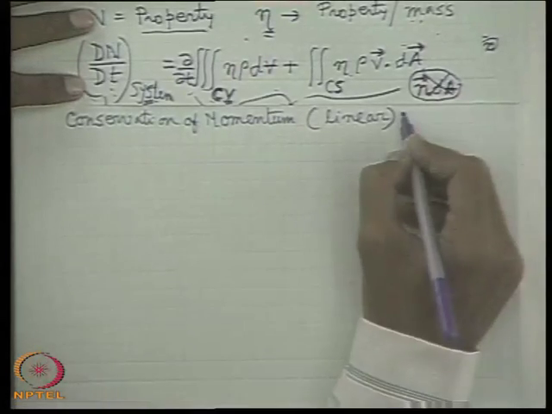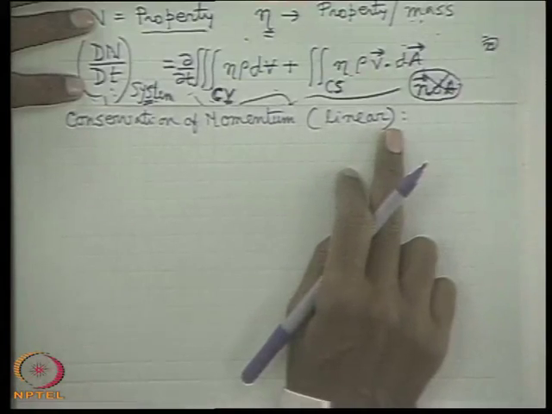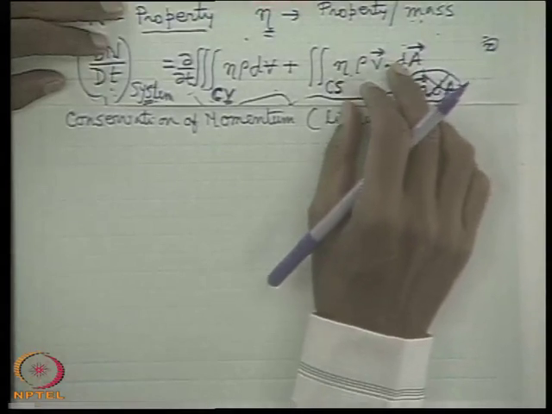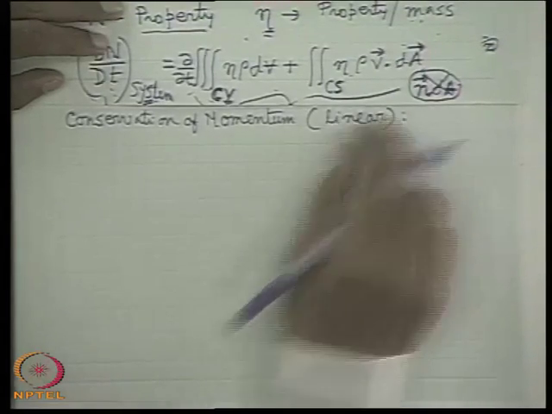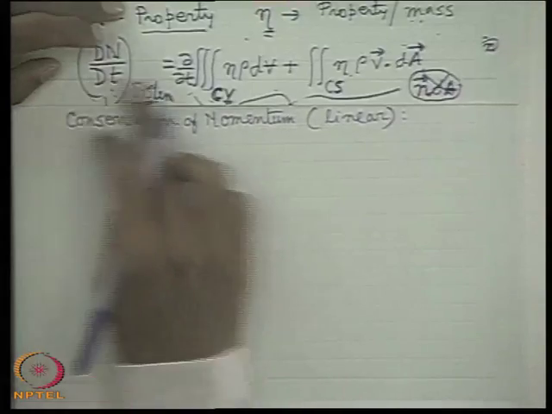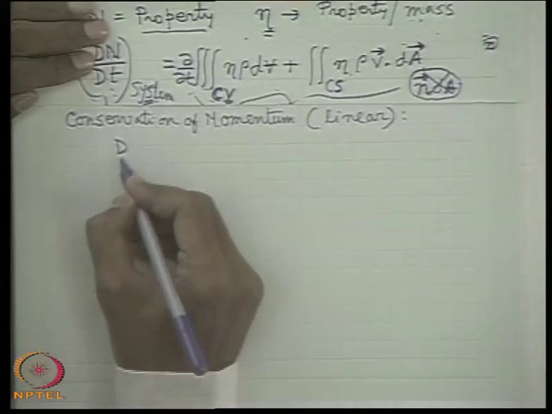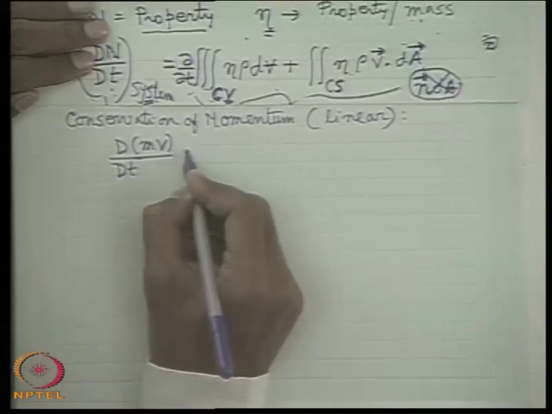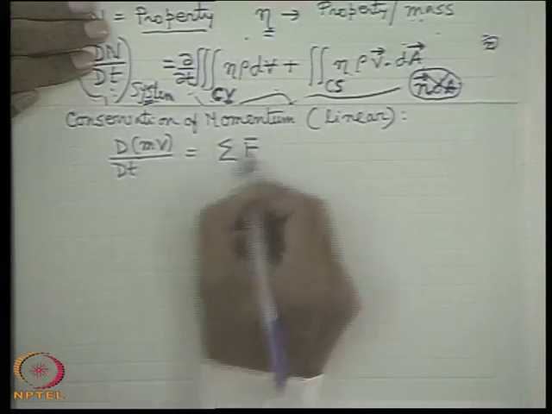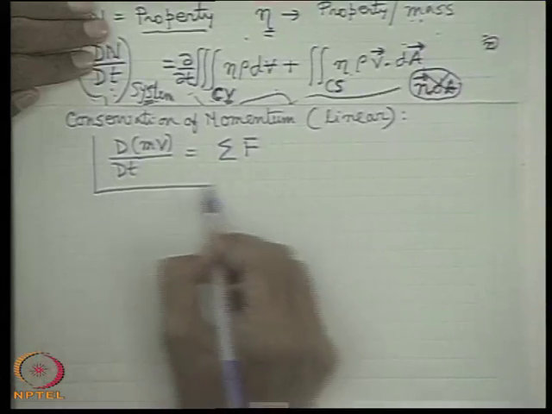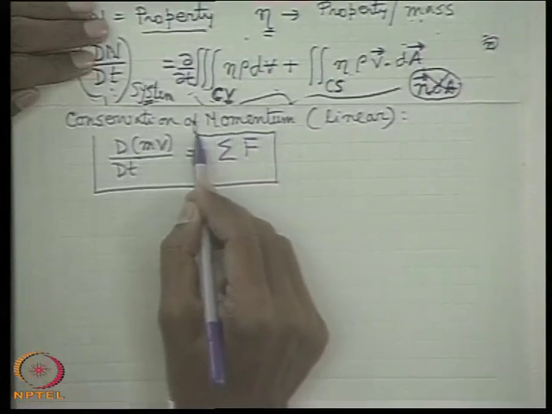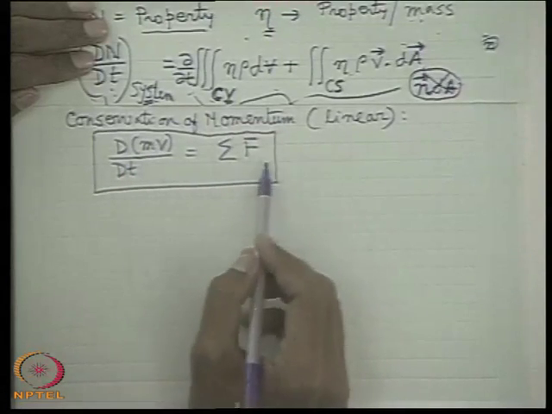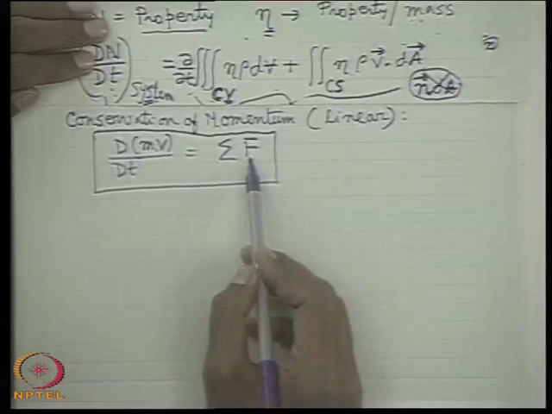Now let us first see that we have learned this conservation of momentum, even from our school days, with respect to a system, because all the statements and explanations for conservation of momentum or laws of motion are given for a system. What is that? That is the rate of change of momentum for a system, mass into velocity, is equal to the net force, the total force acting in the same direction. This is precisely the conservation of momentum or equation of motion that is learnt at the first stage, because the basic laws are always expressed in terms of the system. That means rate of change of momentum is equal to the force in the same direction.